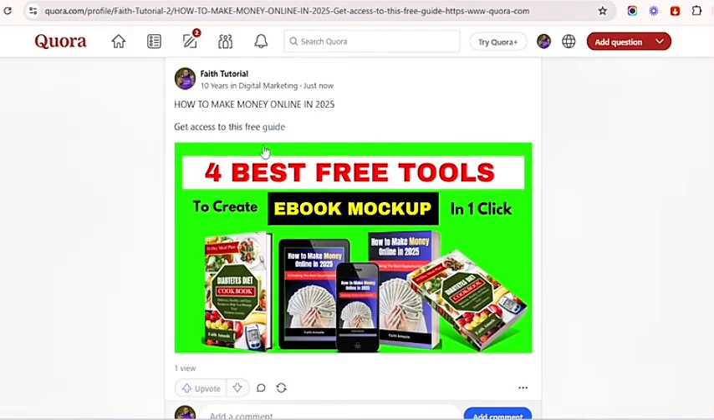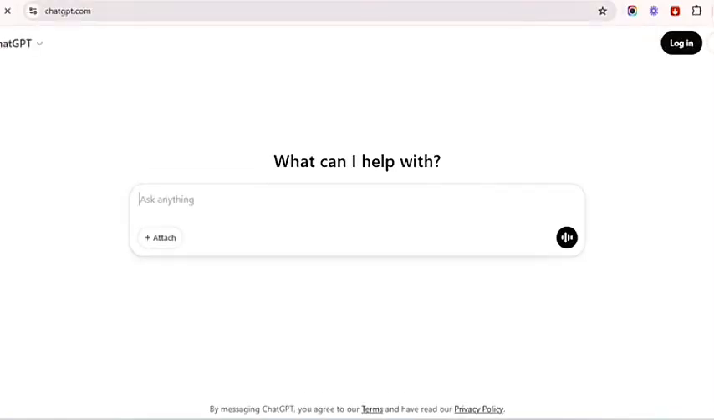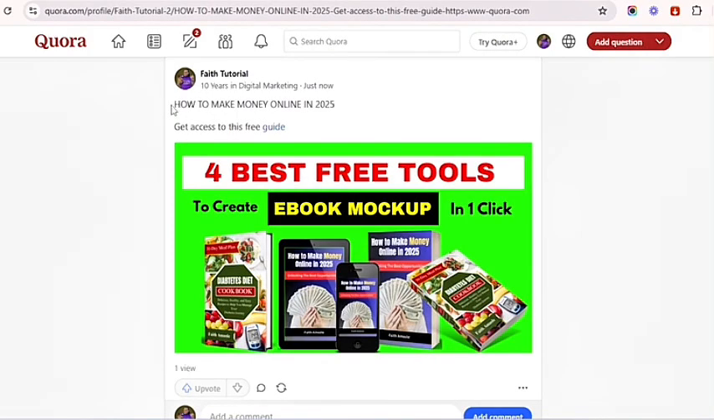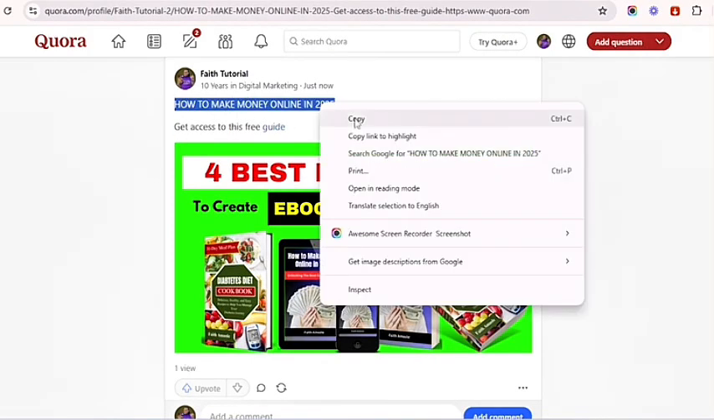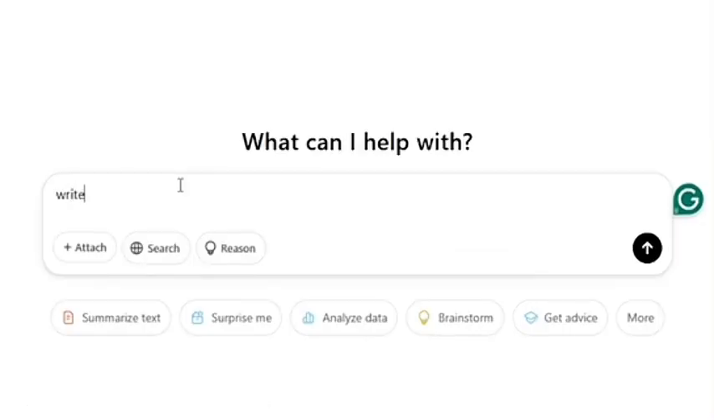In the area of selling your book now, you should know that you should be making a detailed post that helps people. Let's say you want to talk about how to make money in 2025. Just come to ChatGPT. Let's go to ChatGPT and tell it to write a post for us. We can copy and paste. Tell it to write, let's say, ChatGPT, write a